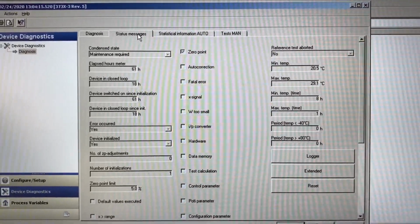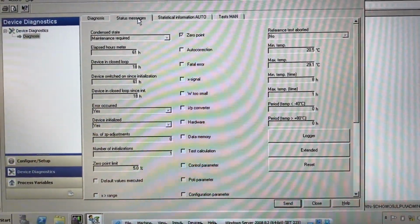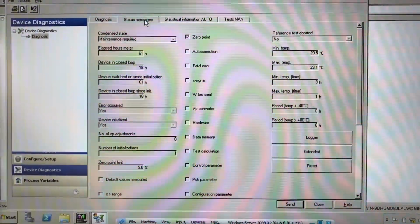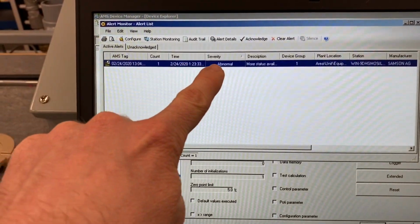So there, that shows how the AMS positioner can figure that information out, and then we can view it through AMS. So we could set an alert monitor or something like that to alert the user that this valve needs to be serviced. And what I also wanted to demonstrate here is I set up the alert monitor here, and you can see right now it's throwing an alert, and it's saying